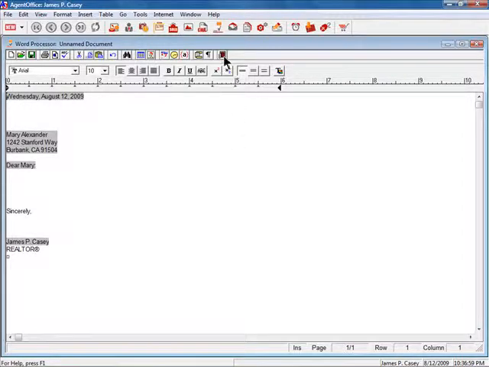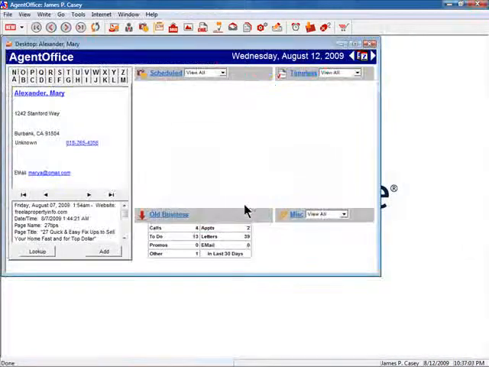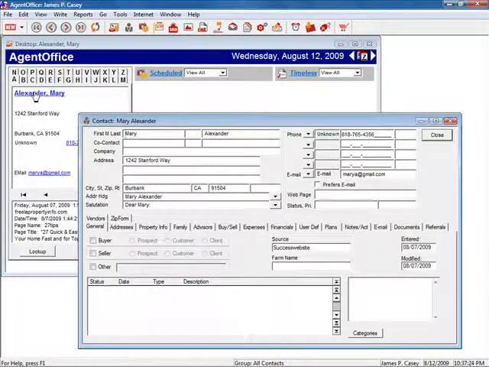I'm going to close up the word processor again. I'm not going to save the changes. I'll click on No. And the second place you can write a custom letter is by doing it from the Contact Manager module. Now, I can either open the Contact Manager module from the main toolbar by clicking on the icon with a little picture of a silhouette of a man in a suit, or the shortcut is I can click on any one of the contact's names, which is a link here from the Rolodex.